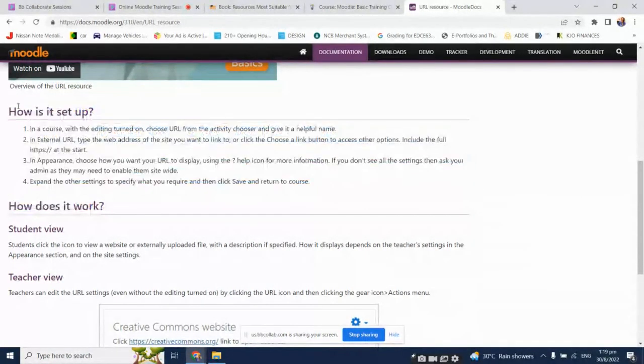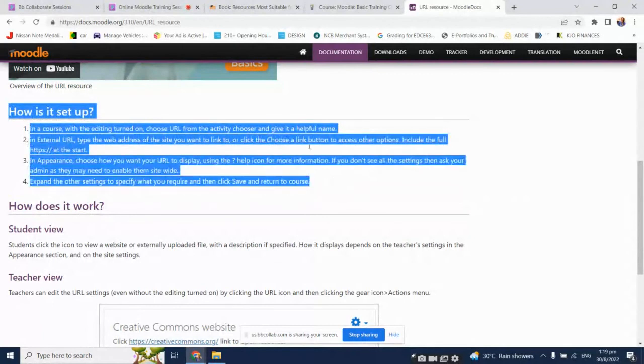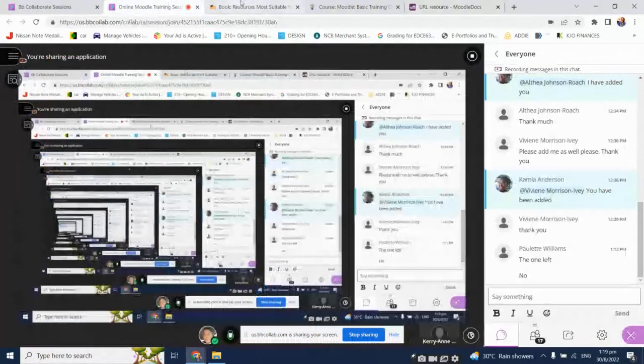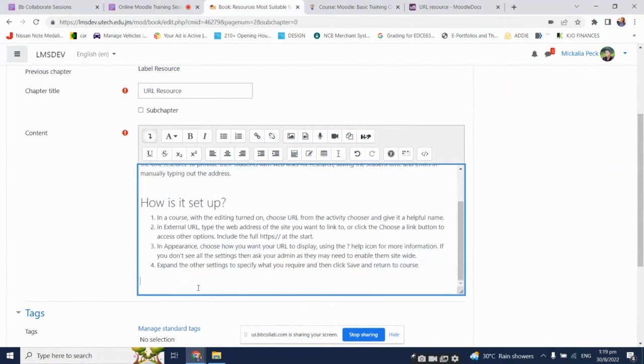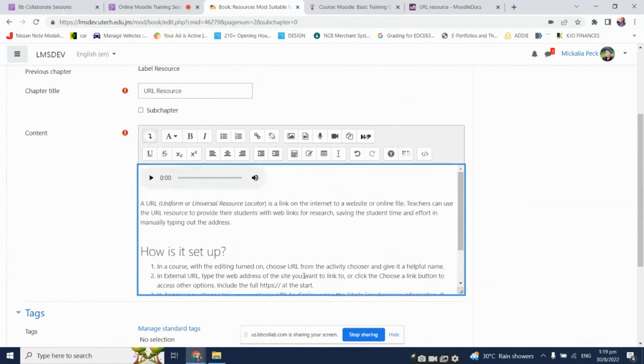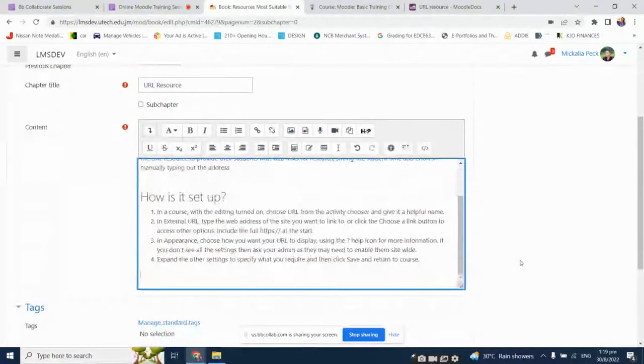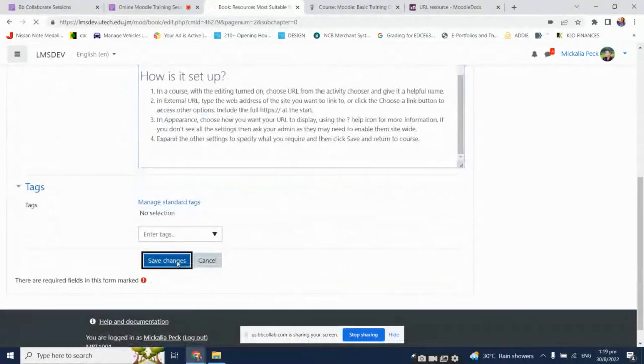Copy. So remember, if you're using work that is not yours, it's good to reference it. All right, because that's very important. We don't want to tell students not to use somebody else's work without referencing, but we're doing the same. So it's good to put a little notation at the bottom to say that it was adapted from, or you can use the APA citation to make reference to where you got the information from. All right, so this is a third page. We're going to scroll down, save the changes,